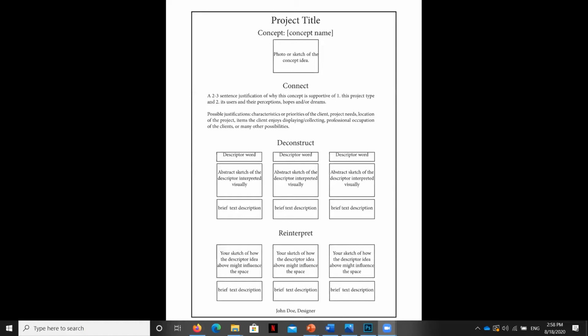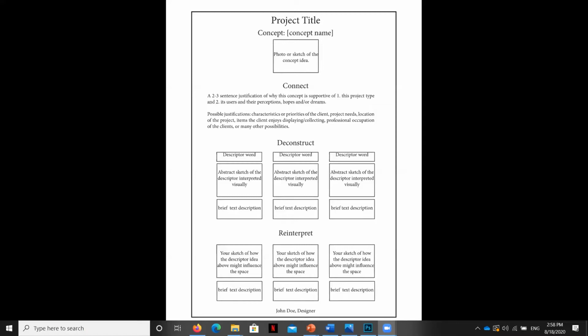space. So once you've got 3 at least, although there's probably more that would work, 3 that reflect the elements and principles of design of your concept, and that also might work for your project, go ahead and create a little sketch of how you might interpret these words. They don't have to be directly tied to the physical space or architectural features or design features yet. It's really just starting to get you to think about how to visualize these words.